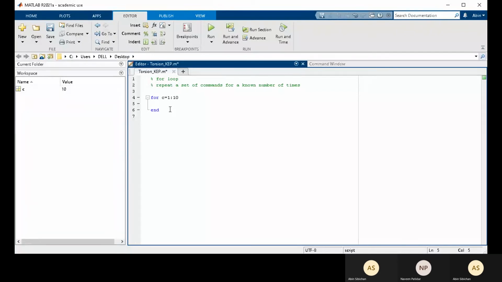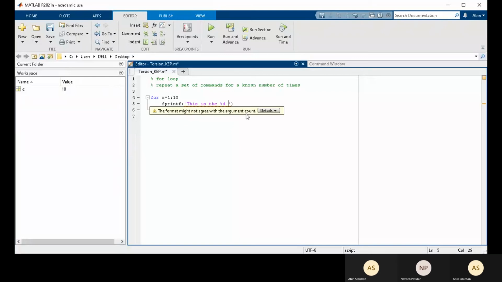Suppose you want to print a statement in MATLAB. That's another inbuilt function we will be looking into: fprintf. fprintf is the printing function in MATLAB. So let's say I have to print a statement. Now what we use is %d. %d is what we call a format specifier.